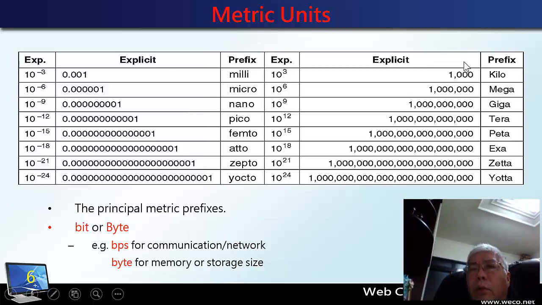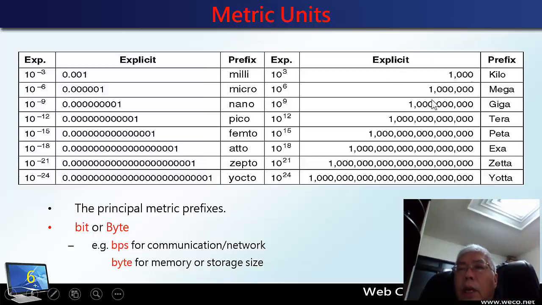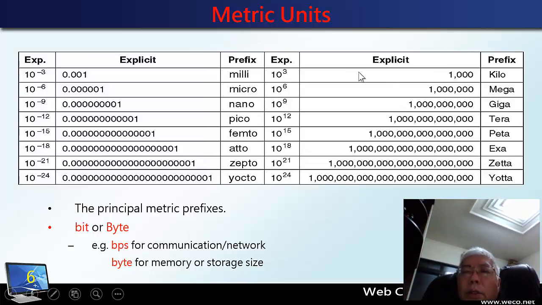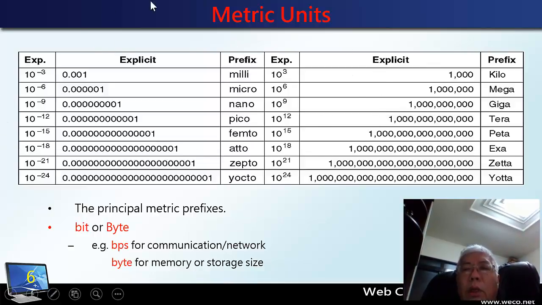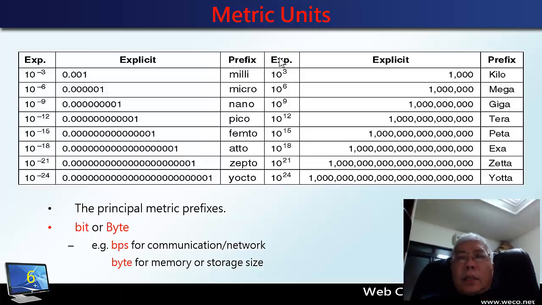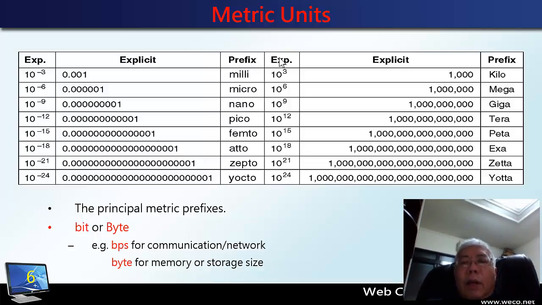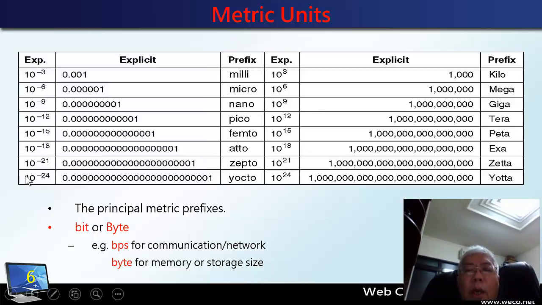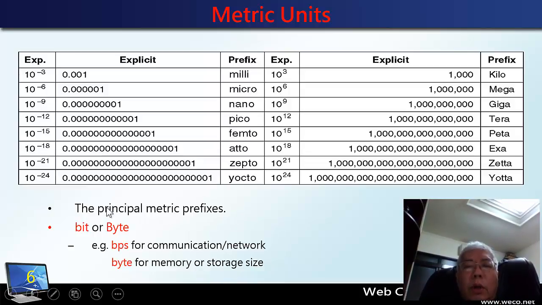And on the other way, when we talk about the storage or the network speed, then we actually go from the kilo, mega, giga, tera, peta, exa, zetta, yotta. Okay, so we have to know the scale actually affects the performance and the application development of the networking world. Okay, and also there are two metrics, those metric prefixes we should know. Also, the distinction between bit and byte, we should also have a clear